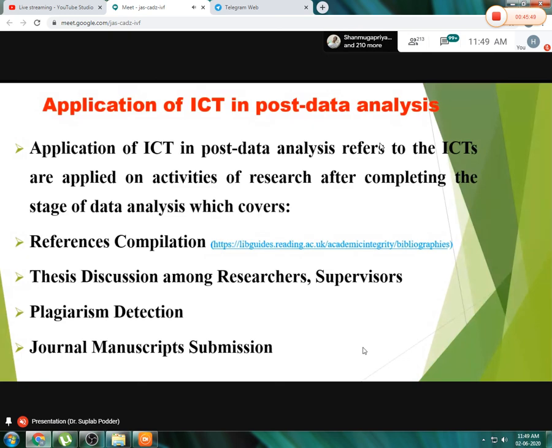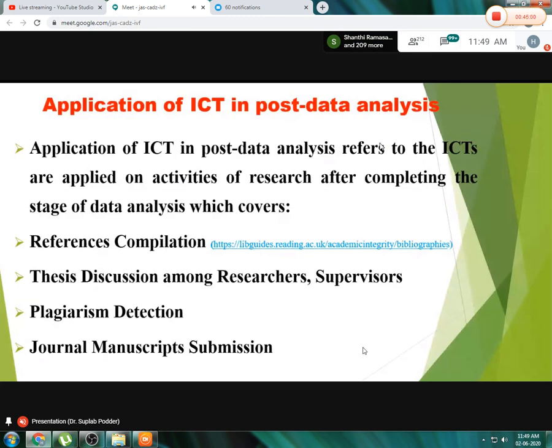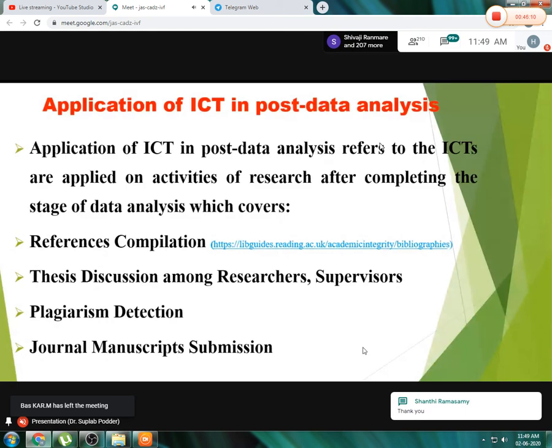Not only for preparing and submitting to any international journal for publication, but also for the ebook or ebook chapter that you are preparing, or the thesis work, you can use the ICT platform. Now all the universities are conducting viva and even doctoral committee meetings through this, so that each and every part of the research work